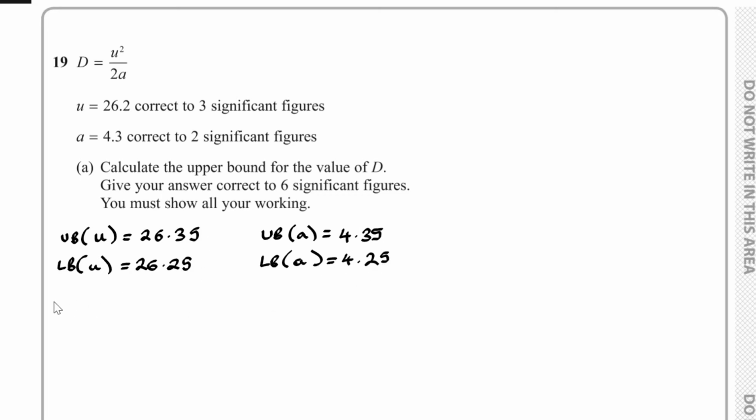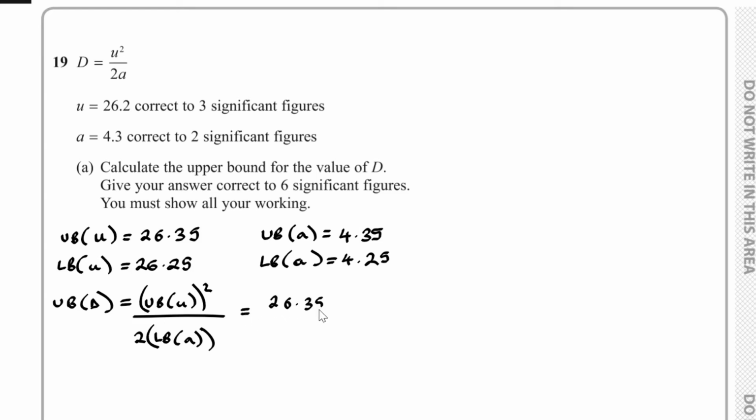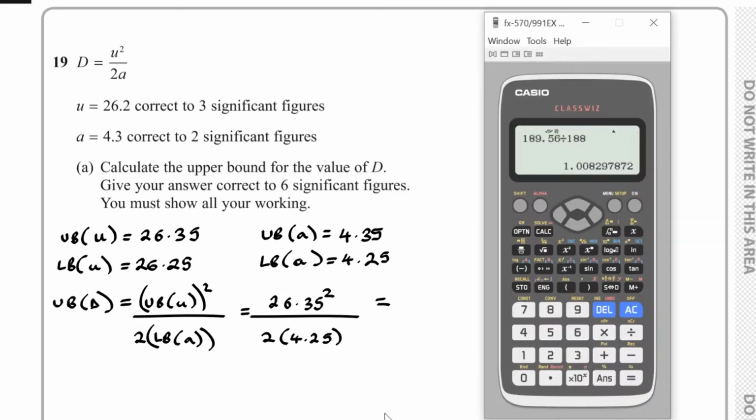If we combine these, the upper bound of d, which is what we need to work out, we want d to be as big as possible, so that's going to equal the upper bound of u squared over 2 lots of a. We want the lower bound of a to make d as big as possible, so we have 2 lots of the lower bound of a. So if we work this out, we have 26.35 squared divided by 2 lots of 4.25, and if we work all of this out,